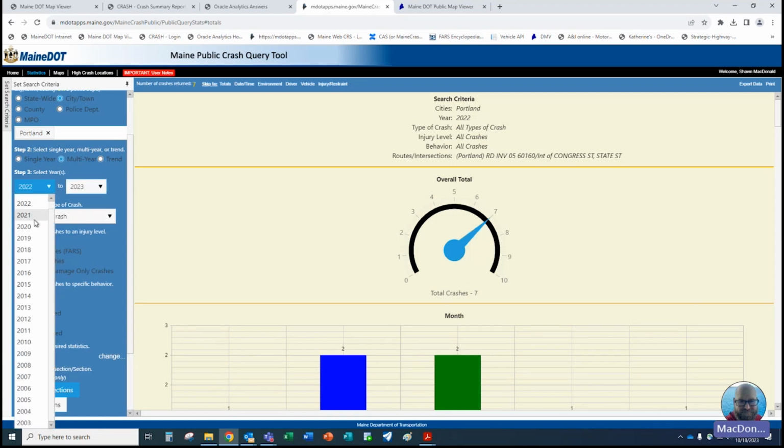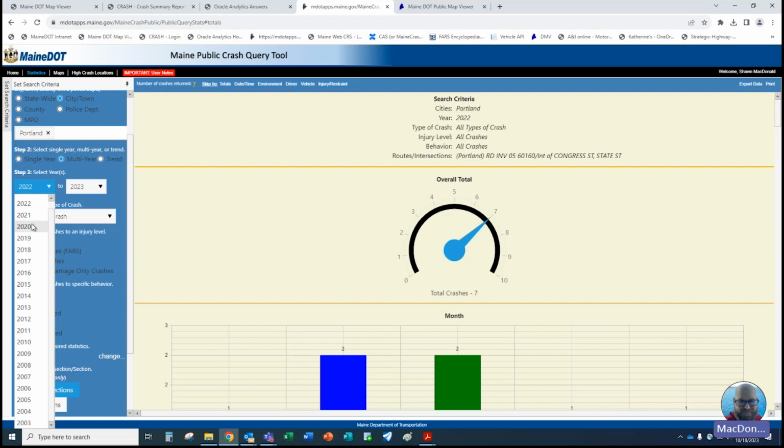One other thing I'd like to mention is that whenever people request crash reports from me personally, for a 5-year or a 3-year report, we never include the current year of 2023 because the crashes are still ongoing. The crashes for the year are not finalized. So whenever we do a crash report, we only use a finalized year, so everything would be 2022 and earlier.